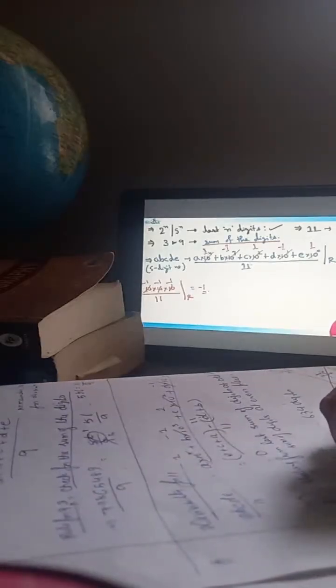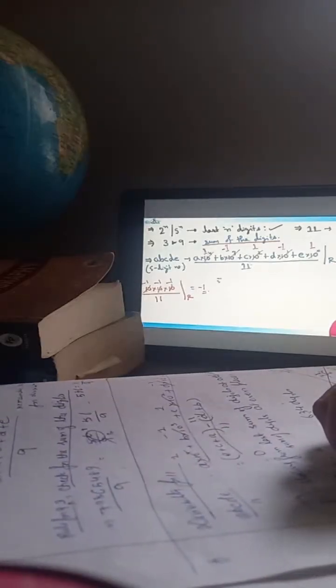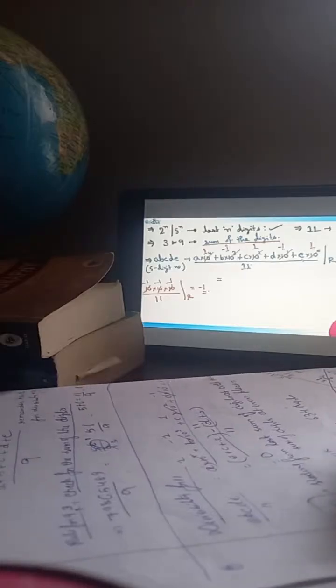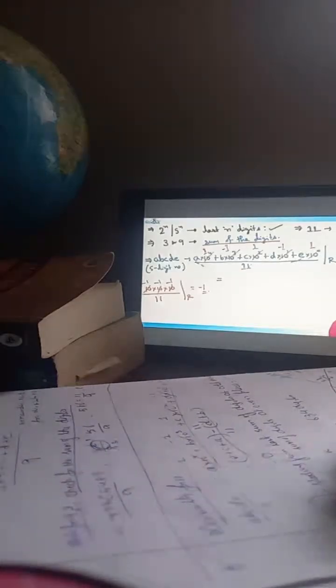So what we got as the result: E, C and A are of positive sign, and D and B are of negative sign. So we can also write it as E plus C plus A minus